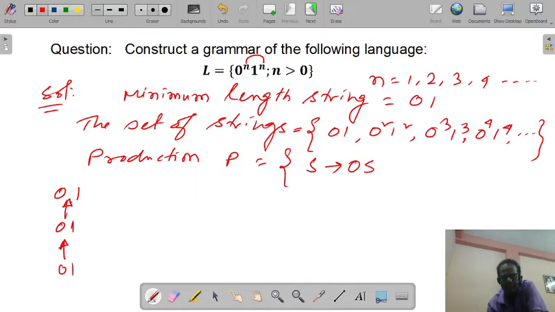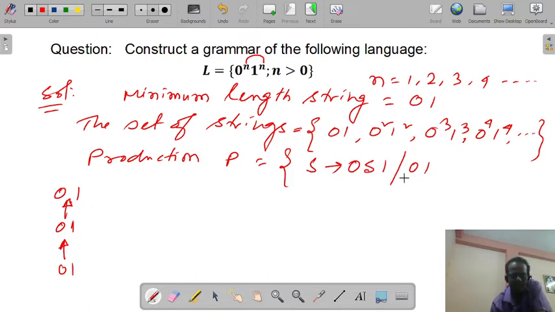By this it will increase the number of 0s and number of 1s, and it should be equal number of 0s and 1s. And as the minimum length string is 0 1, S implies 0 1.